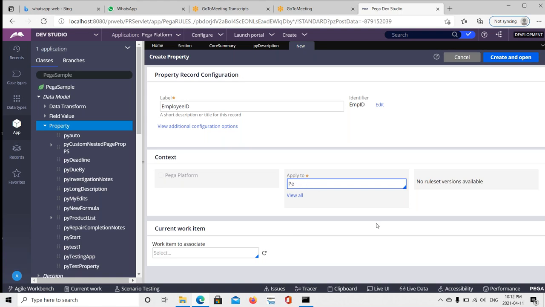But actually this Pega PRPC is the default application which is mainly read only. This is read only, so that is the reason it does not allow you to create properties or anything in this class. So let me select work dash temporarily, but even then you don't have a rule set. Yesterday we discussed rule sets also, right? What is the rule set? In general, if you want to move the application from lower environments to higher environments, then we need to create the rule set, and again you need to select the version. So like that, after selecting that,